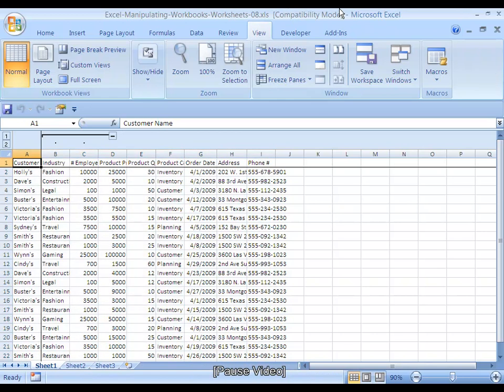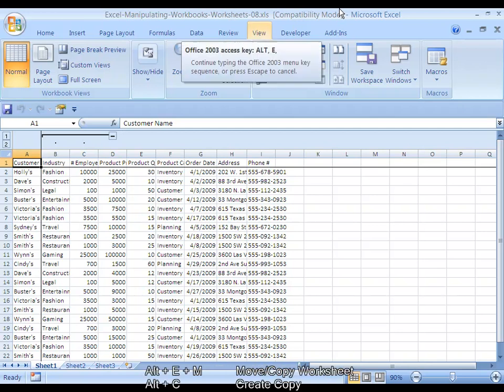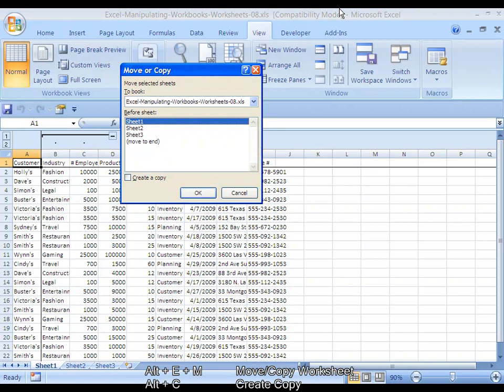Okay, good. So if you're just starting out, this is what your workbook should look like with sheet 1, sheet 2, and sheet 3 at the bottom here. And now I'm going to walk you through exactly how to do what I just asked you to do, but I'm going to give you the shortcuts and go through it more slowly this time. So to copy the sheet 1 here, we press Alt E M to bring up this move or copy dialog box. We press Alt C to create a copy, Alt B to move it to the end,